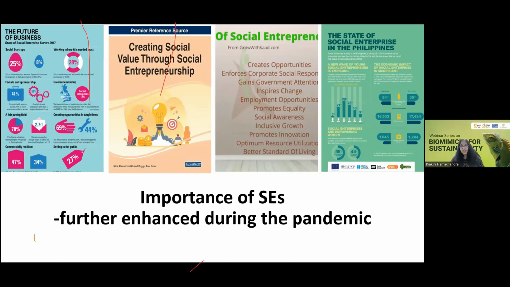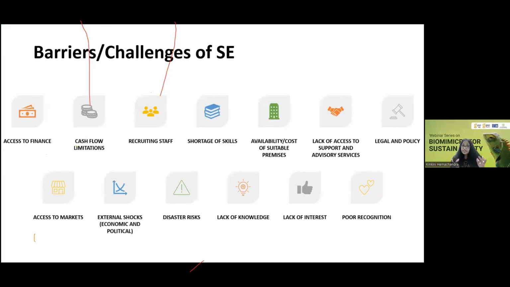So I think we have already talked about some of the key challenges that we identified, particularly with social enterprises. Say, for example, I'm going to pick a few examples. Disaster risk, because I want to connect social enterprise with biomimicry. If social enterprises are challenged because of disaster risk, we can look at nature, we can see how living things are trying to be resilient. So we can understand a resilient mechanism from living things and bring it to the social entrepreneurs.